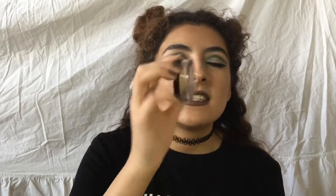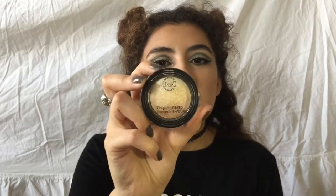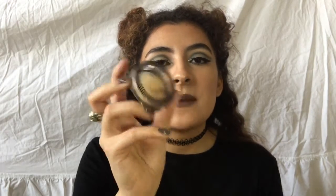Now the one that I'm wearing is the one that's in my favorites. This one is the JCat Beauty highlighter. It's not even a highlighter, it's a baked eyeshadow, and it's in the shade Dulce de Leche. I got this like a month ago and I've been obsessed with it just because Kathleen Lights has been raving about it and everything, and I've